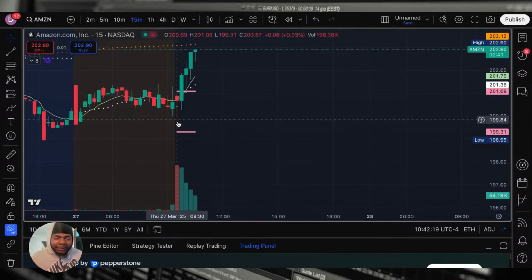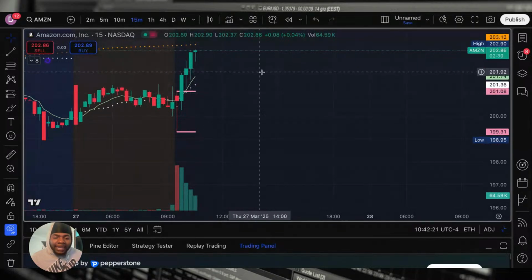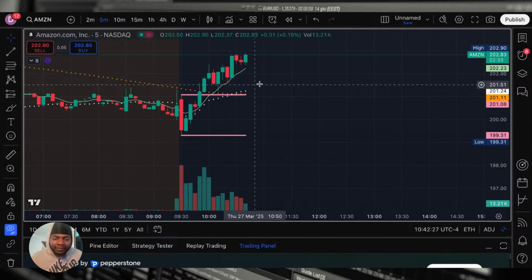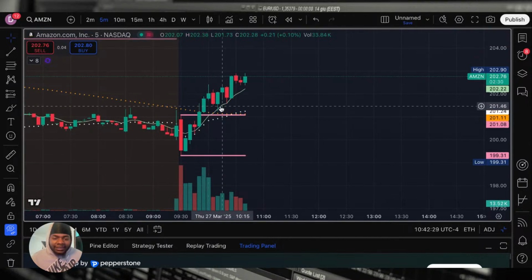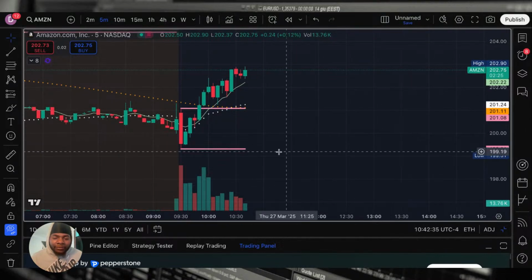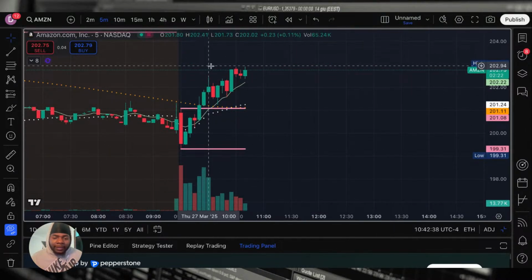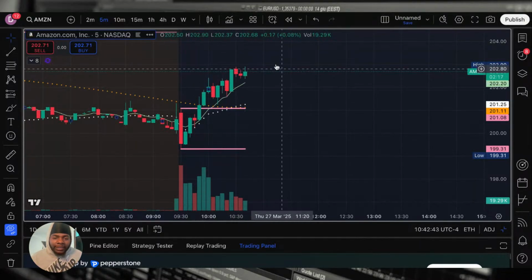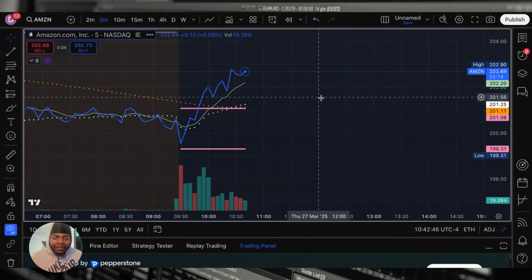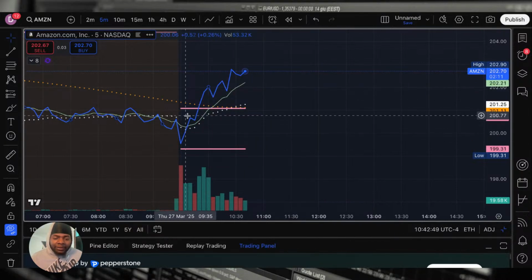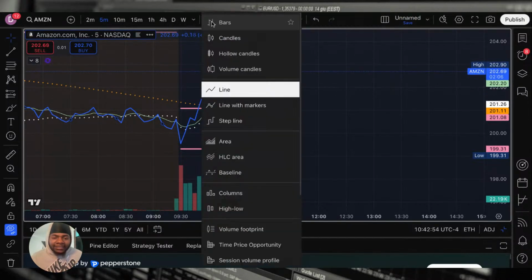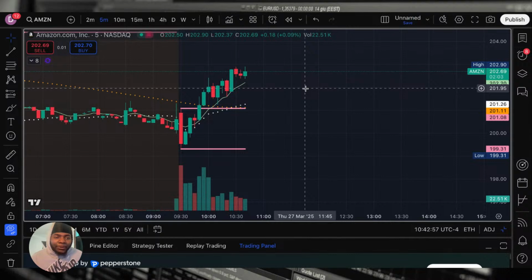But anyway, so this is the top and bottom of a 15-minute candle. So as soon as we got to the top, you want to wait for a retest. You see how we retested right here? Came back down, retested. That's what I had seen, and that's when I got interested in Amazon. You want to see a break and retest. So you want to break the level and come back and retest, and then you can get in right off of the retest for calls. So it's nothing but a pullback. And if you don't know what a pullback is, pull up your line chart. Every time we go up, pull back. Go up, pull back. Go up, pull back. That's a simple way to find a pullback.